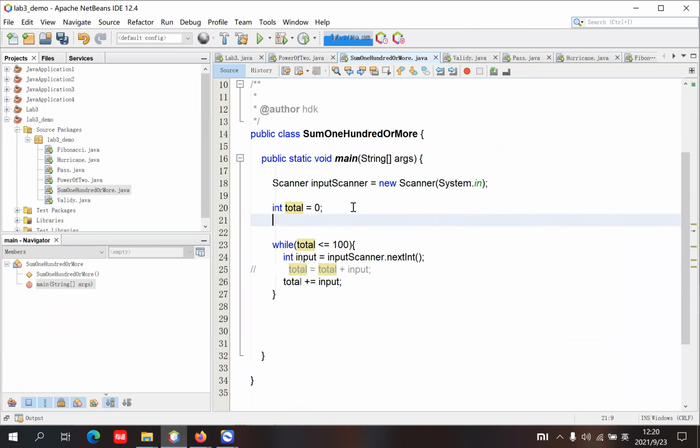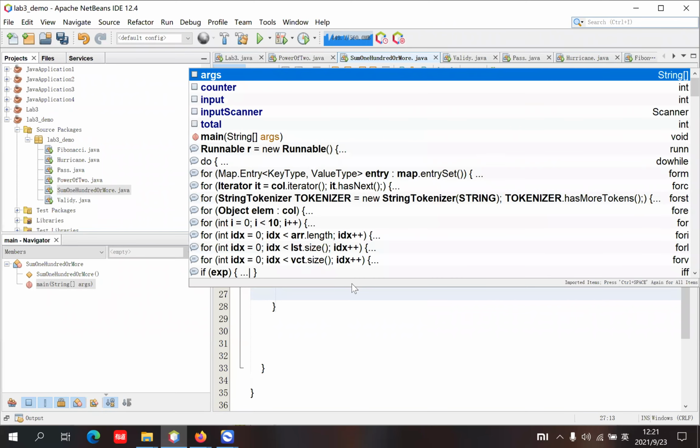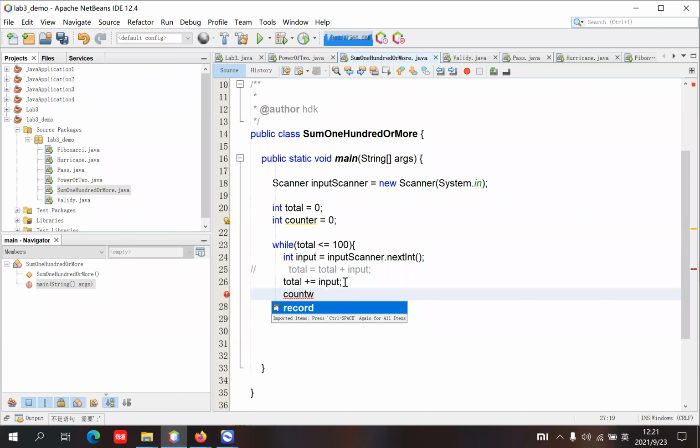So apart from the total, we need to declare a new variable count. Maybe initialize it from 0, and after input, we should count plus plus. Every time there is an input, we add to the count to calculate the number of numbers. And the count plus plus means count equals count plus 1,